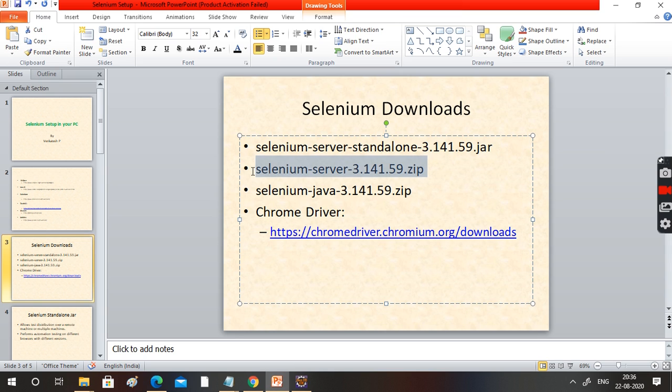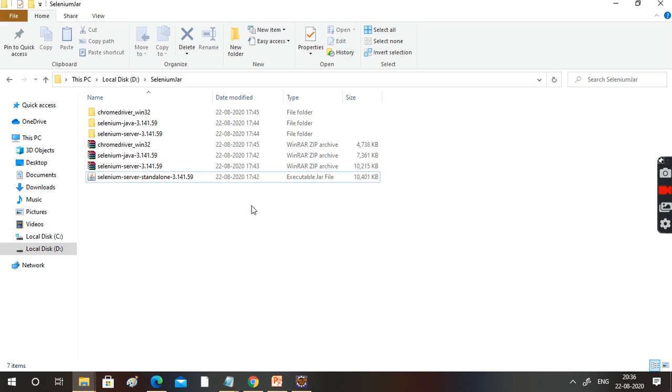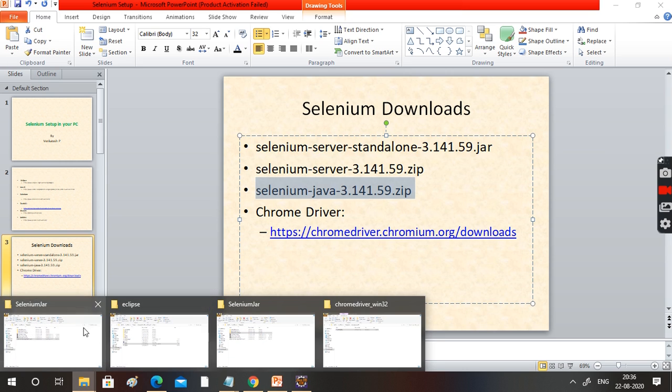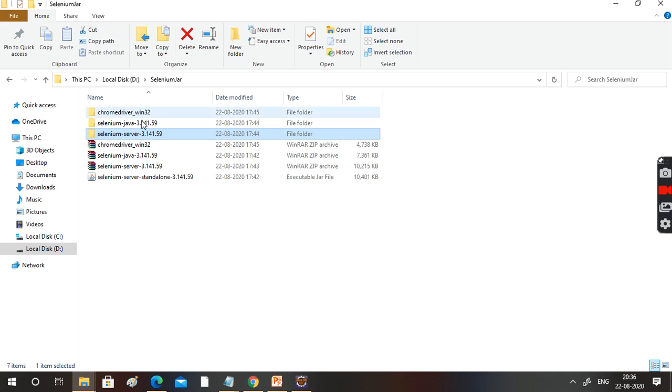The second file is Selenium server. But just now you told no need. Yes, no need, but just download it and keep it with you. And this one I also downloaded and kept here. So totally 3 files.